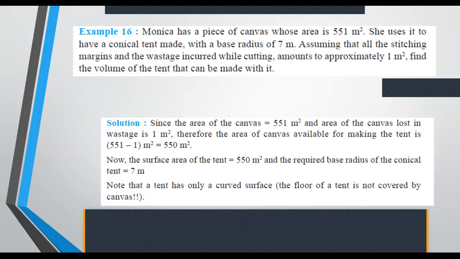So this is given to us. The base that's required is given to us. Now they are asking us to find the volume of the tent that can be made with that. One thing we should keep in mind is that whenever we are talking about canvas or tarpaulin or any type of cloth, the base of the tent cannot be covered, right? So it will not be the total surface area, but the area of the canvas. So don't go wrong there, fine?